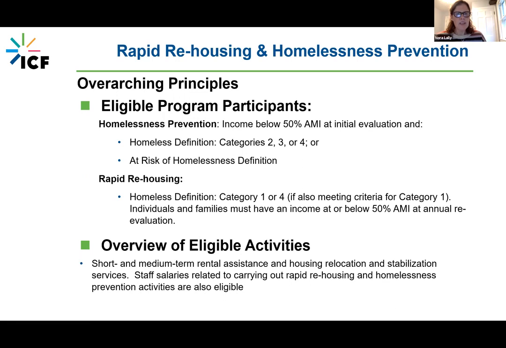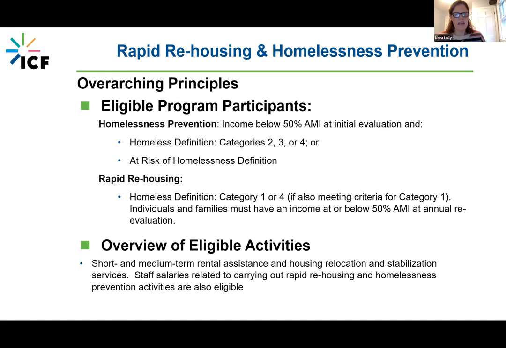The basic eligible activities are rental assistance, short-term rental assistance, medium-term rental assistance, also housing relocation and stabilization services. Important to know here that although it's not a specific line item in the HUD regulation, the salaries related to doing all of these things are also eligible.